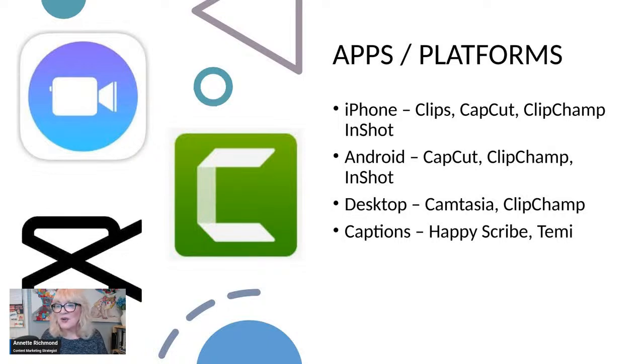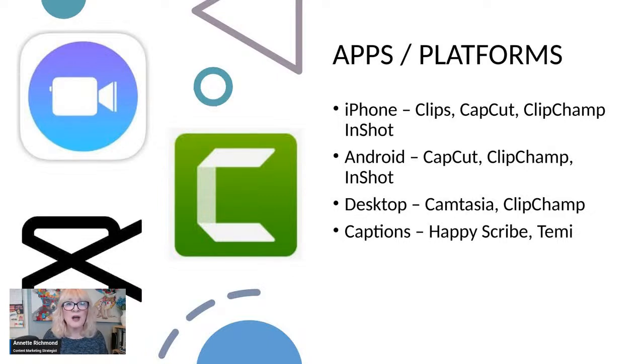Okay, so with the apps that I use for captions, again, Happy Scribe and Temi, but Subtitle is something. Happy Scribe has very, very simple captions. So if you see the short form videos that I do, it's pretty much just the words with a little background color. You can do things that are a little more creative with Temi, and this is if you're recording them on your desktop. But for me, it's not worth the price.